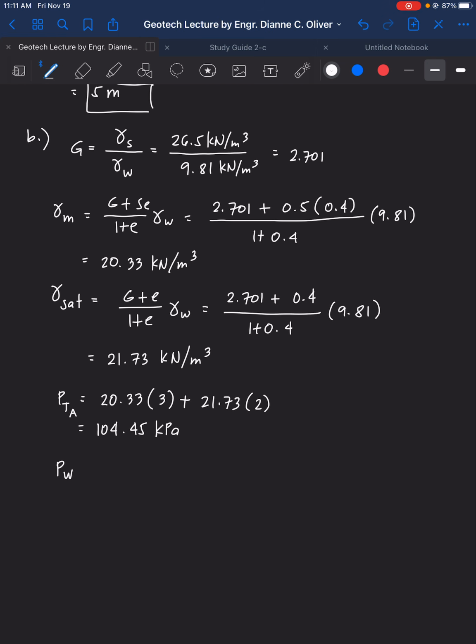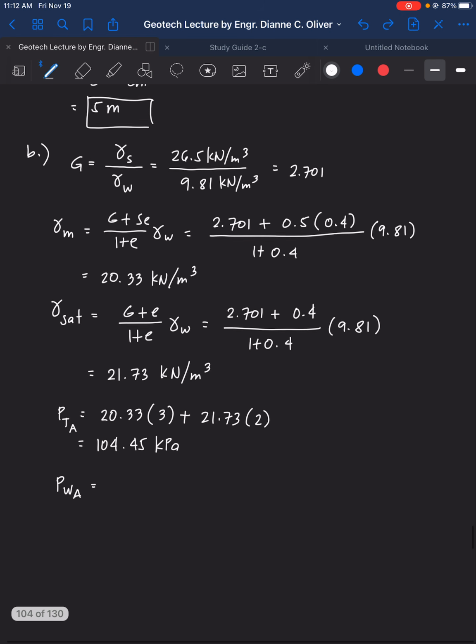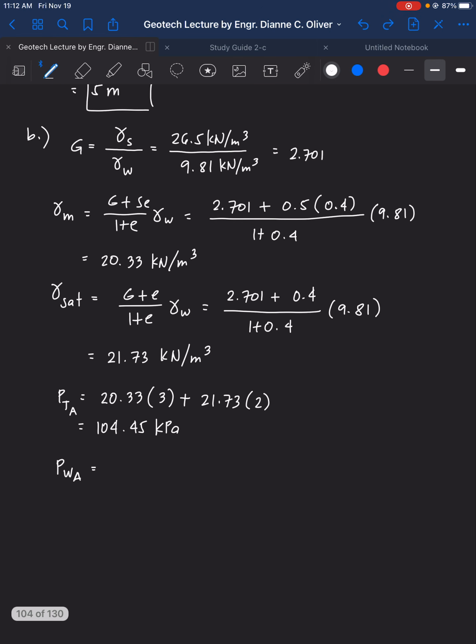P water at A. So let's go back again. What's P water at A? Is it 0 because water is located at this portion here? No, it's not 0. Rather, we will get the PW here from the water table surface up to the point A. So our H here, the H that we are going to use is 3 meters. Okay. So 3 meters. So PWA is equal to,